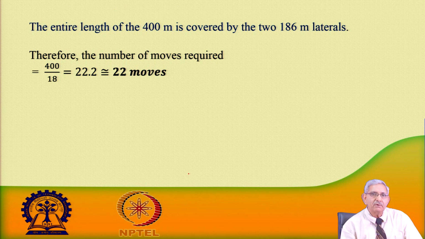So, the number of moves is 22, meaning we will be shifting from one lateral position to the next at 18 meter spacing. There would be 22 laterals if all the laterals were fixed, but since movement is made,